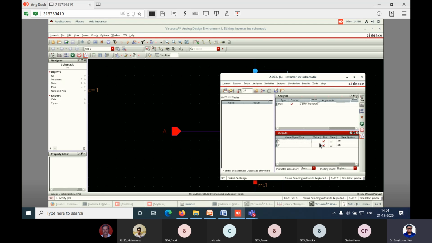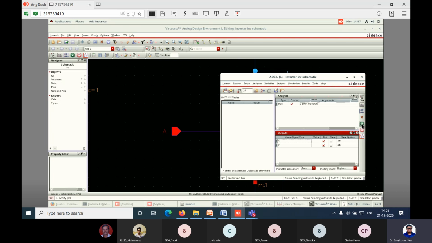All of you check your radial, is it showing or not? Yes, Srutika, it has been shown. Check your radial first. Have the checkboxes been shown here? Yes, Chakradhar sir, your plot is not shown. Go to select on design, to be plotted, select on design. Go to design window. Select your input. Okay, very good. Then select output. Go to the ADE. Check it once. Is it showing or not? Yes, sir. Selected. Yes, it is showing.